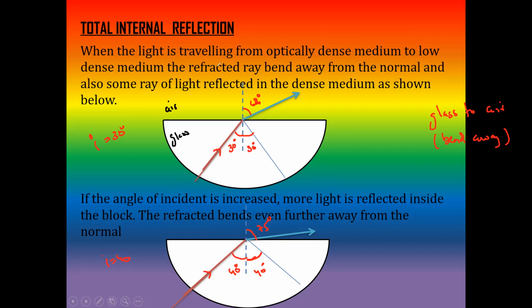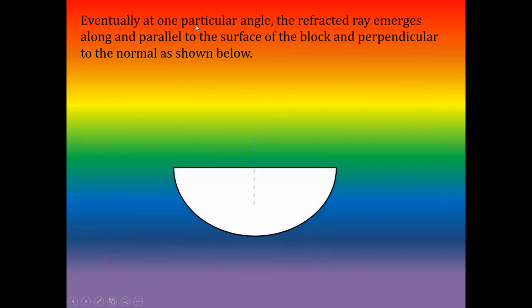If we further increase the angle, for example, now we change the angle of incidence to 42 degrees. So now this angle we further increase. If we increase the angle of incidence, what do we observe? We observe that the refracted ray is traveling at an angle of 90. When this refracted ray is traveling at an angle of 90, what do we call this angle of incidence, this